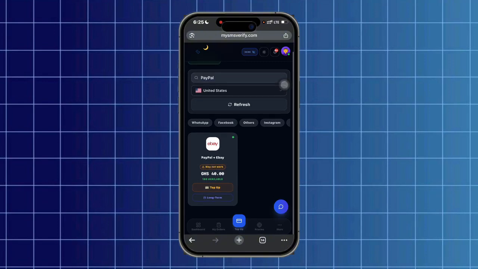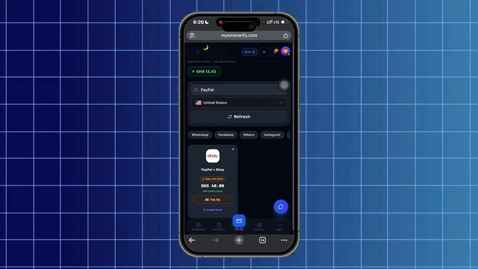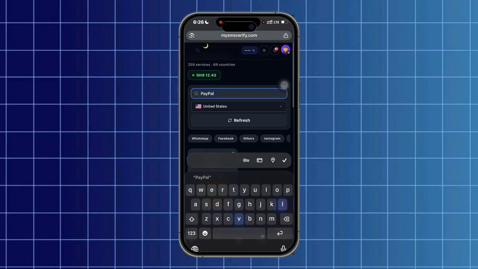So you have this. It says you have to top up. May not work. Doesn't mean it doesn't work. It will work 100%. You get me? It will work 100%. The may not work is telling you that maybe the SMS code might delay or might not come unless you ban the number you are getting, then try another number before it will work. You get me? So they have the long term. I don't have enough funds here, so I think we have to